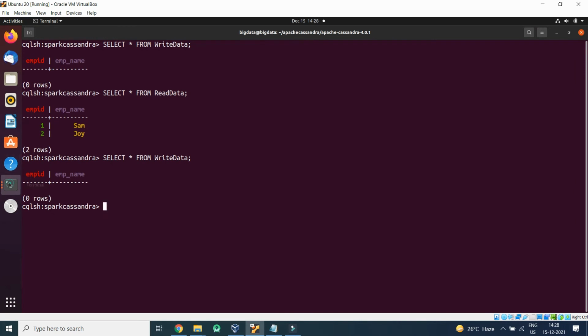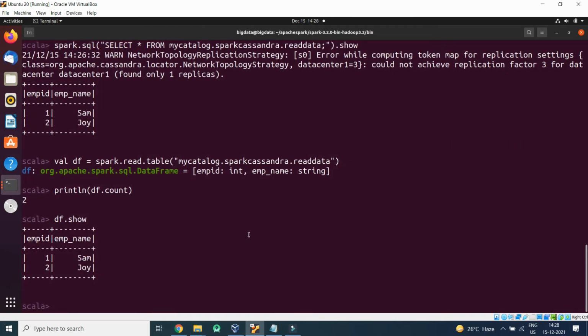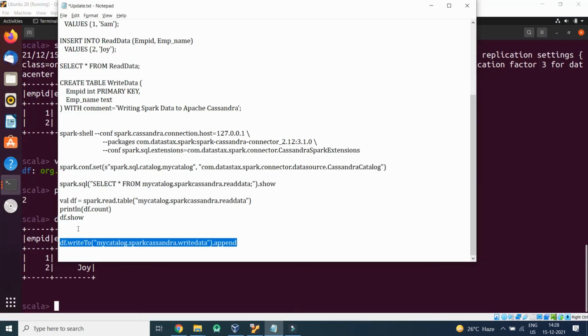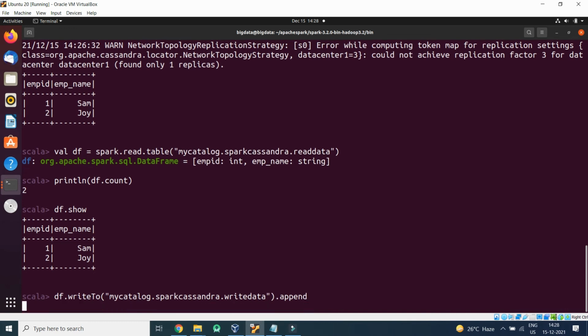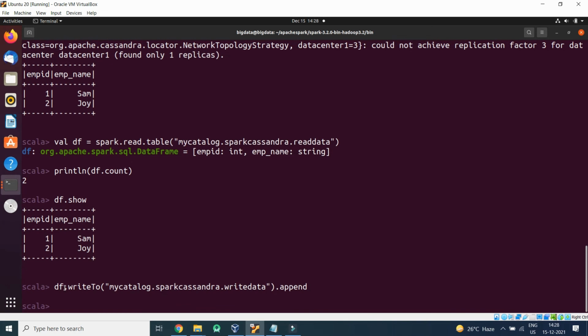So what I will do is go to the Spark command prompt and write df.write. The DataFrame which we have fetched, we will write into the write_data table and use append, so the data will be appended at the end. df.write myCatalog.spark_cassandra.write_data.